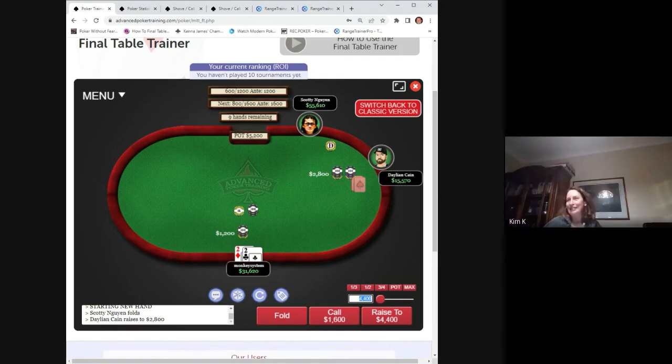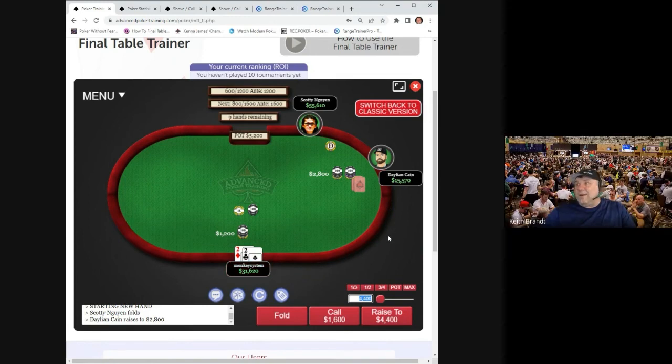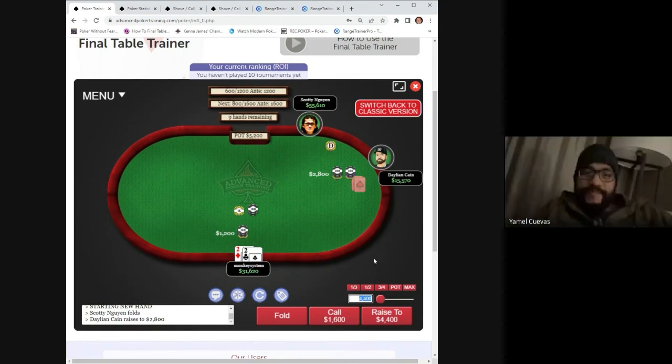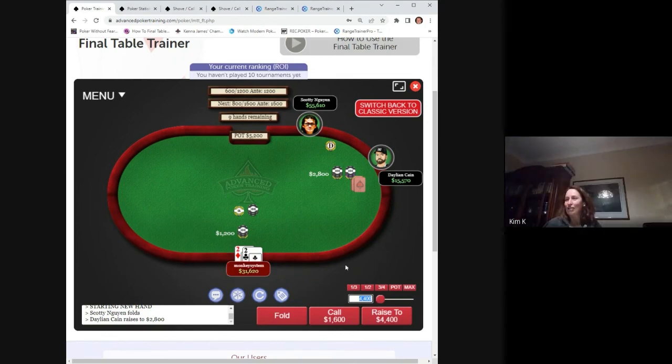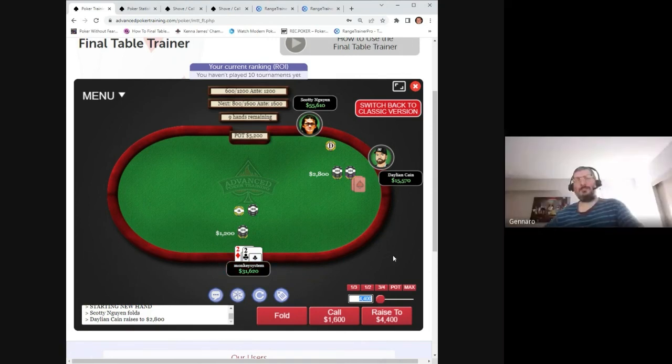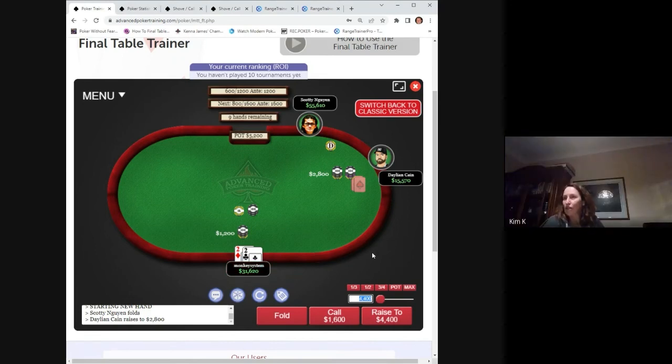Man, I just want to jam this right in his face. So do I. That's not bad. We can't call pretty wide here because we can't set mine. We don't have enough to set mine. He doesn't have enough for us to set mine. So I think it's a fold or a jam. Why doesn't he have enough to set mine? It's going to cost us 1,600, and he's only got